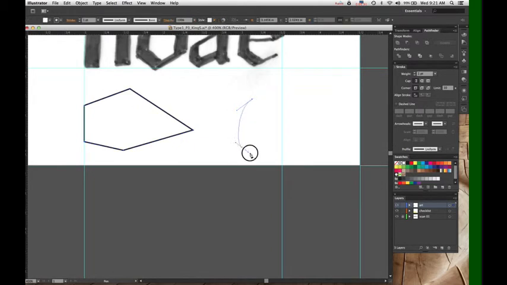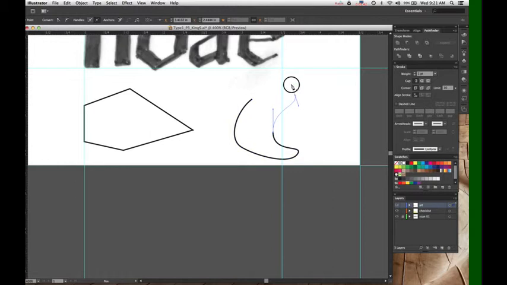However, it also allows you to adjust curves. And this is the part that a lot of people have trouble with at first. Illustrator allows you to pull out handles from every point and adjust curves based on those handles.